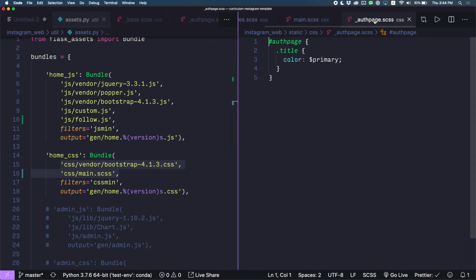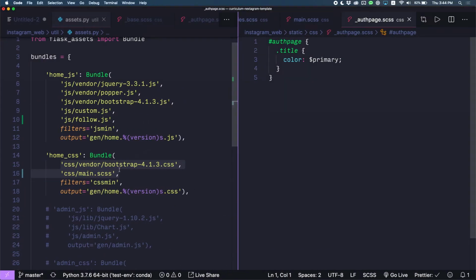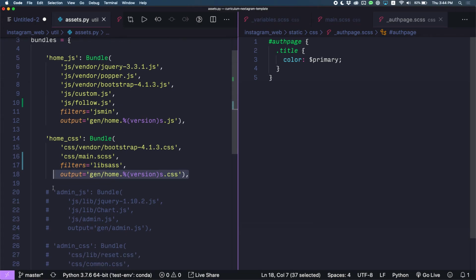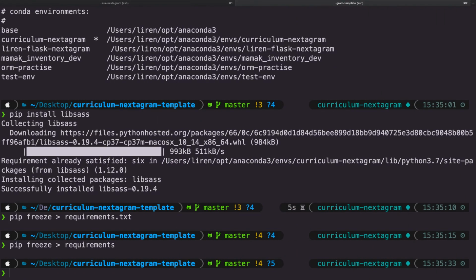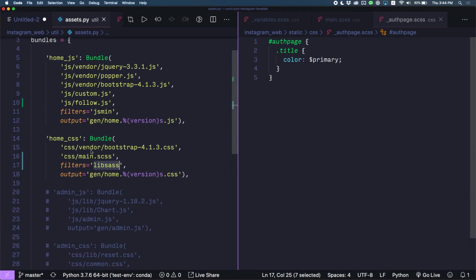We can make a test, okay? Oh, sorry, one more thing. So this thing needs to change to libsass, okay? Do I need to change this? This is the output, right? Output has to be CSS. Browser needs to understand CSS. Where are the filters stored again? The filter will just look into the package. Remember, we just installed it, pip freeze. Yeah. So okay, now if I do flask run,